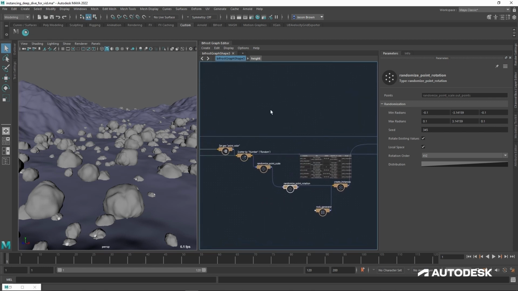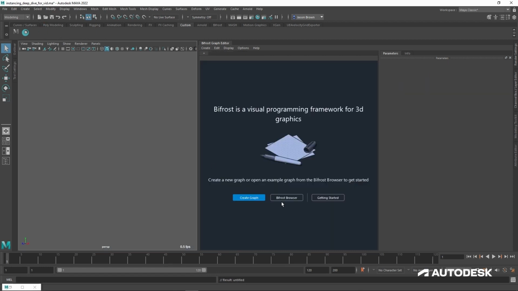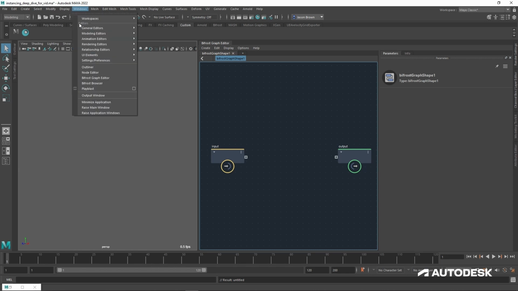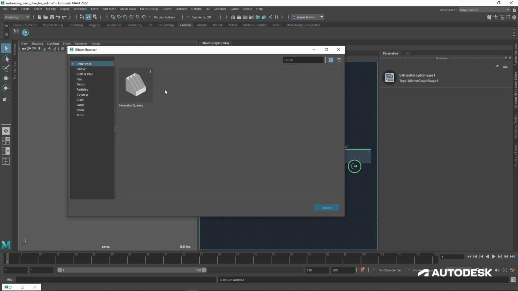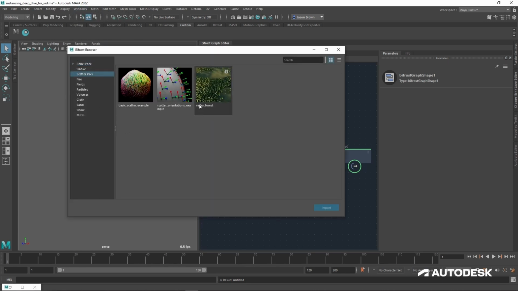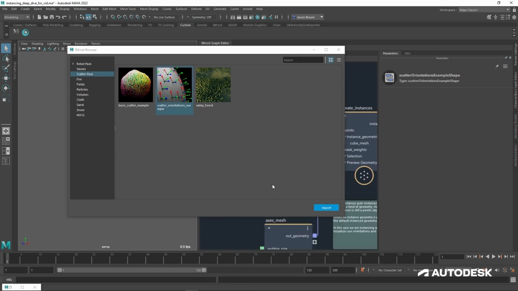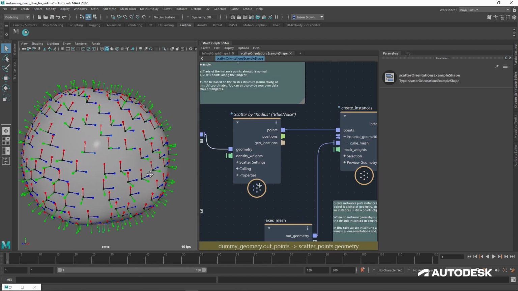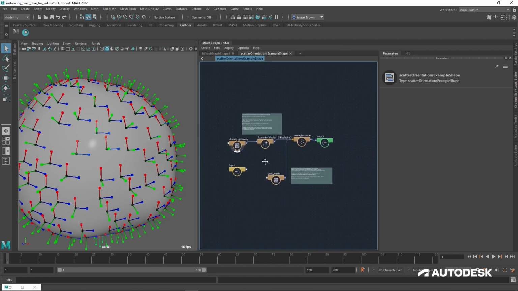So I'm just going to save this for a minute, and we're going to go make a new file. Yeah, it's just new. And what I'm going to do for this file is I'm going to load something from the Bifrost browser. I'm going to load it from Scatterpack. I'm going to use the scatter orientations. Import that. There we go. And so this is illustrating it really, really well.